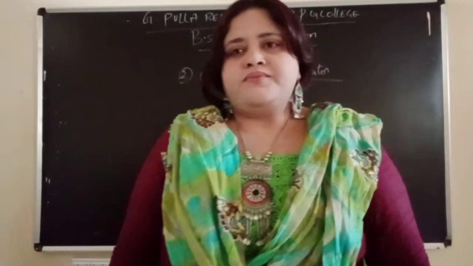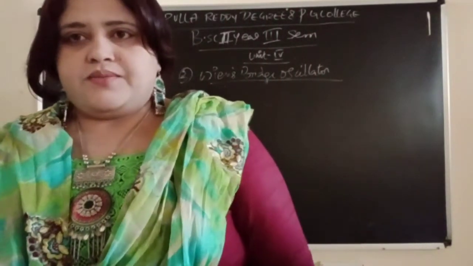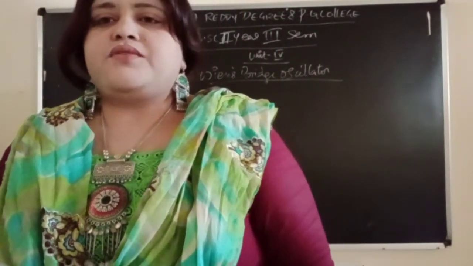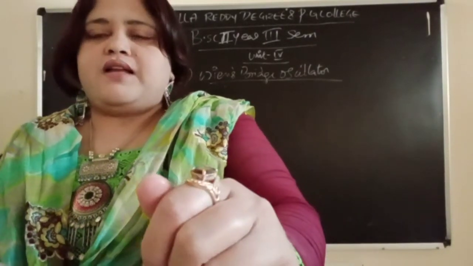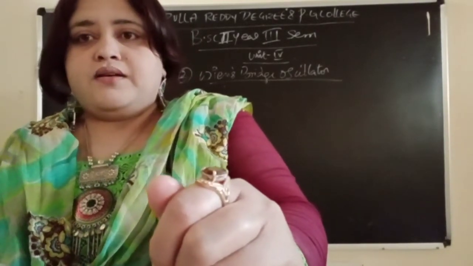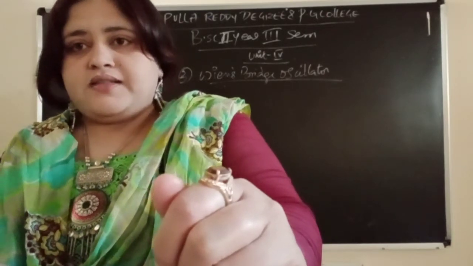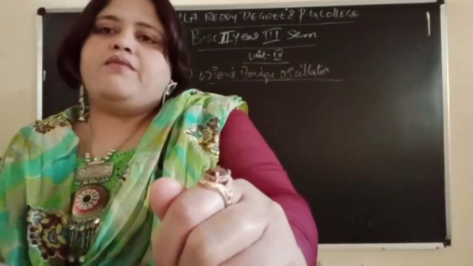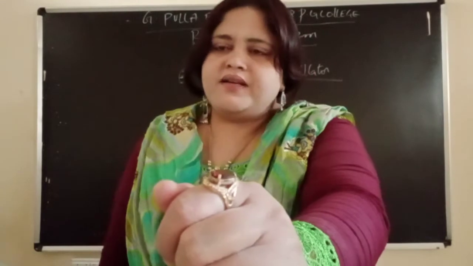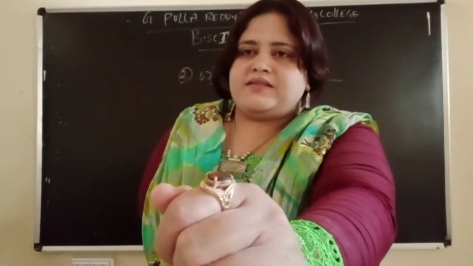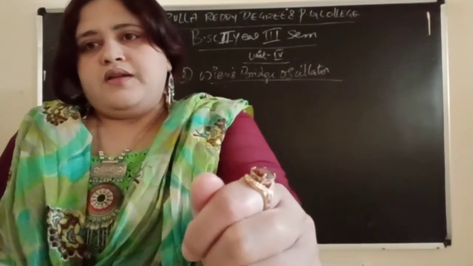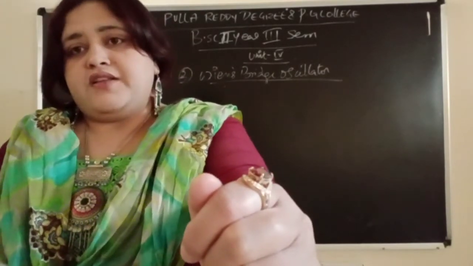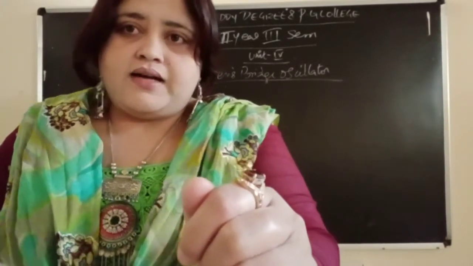After the circuit diagram, we went for the circuit description. In the circuit description we discussed that resistors R1, R2, RE are the self-biasing network, whereas RE is the emitter bypass, C is the bypass capacitor, and feedback is given with respect to resistor and capacitor, which is connected in the form of a ladder network RC.